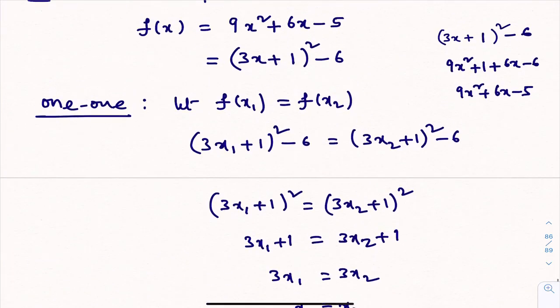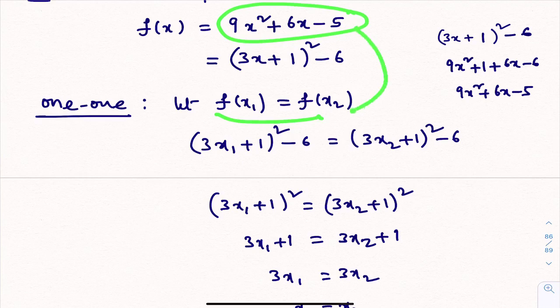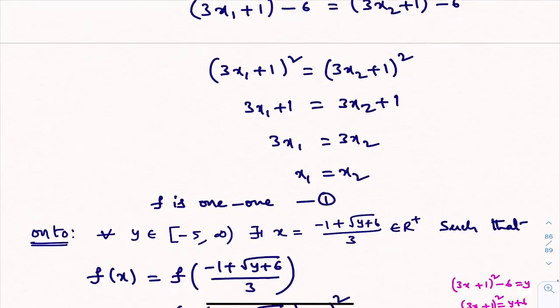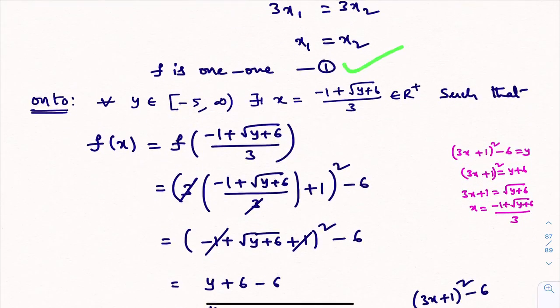See, if you take f of x like this, you directly take f of x1 equal to f of x2. Then proving x1 equal to x2 is the tough part. If you want, you try. You take the function like this only. You directly calculate f of x1, f of x2 instead of doing like this. Then it is difficult to get x1 equal to x2. That's why, to make things easier, I took the function like this. Okay. Now I have shown that the function is a 1-1 function.